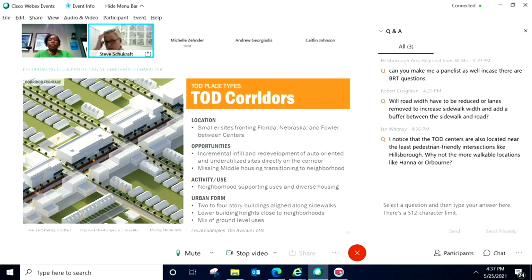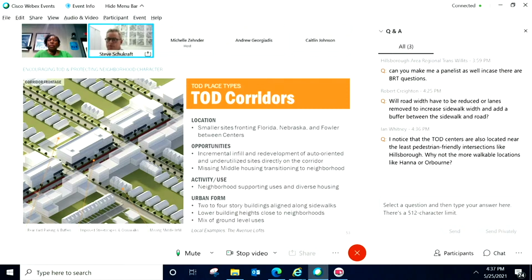The next category is TOD corridors. This would be the places that would happen between the centers. So generally, the potential for infill and redevelopment of frontage sites between those pulse points along the corridor. These would be 2 to 4 story buildings, slightly smaller, generally less land available, so the intensity would be limited, primarily supported by surface parking.